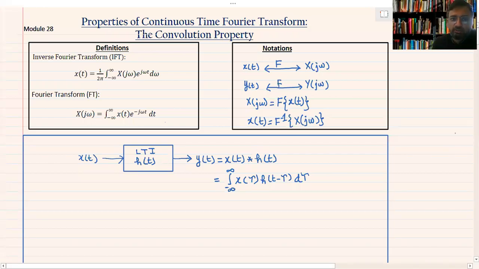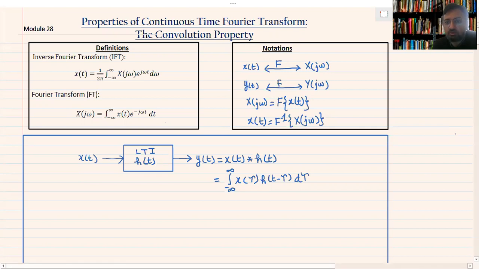In this module, we are going to discuss the convolution property of continuous time Fourier transform. And this property is of major importance in signals and systems analysis. In fact, we will see the application and utility of this property in the context of frequency selective filtering. Sometimes we also use this property to bypass a convolution operation in time domain because with the help of this